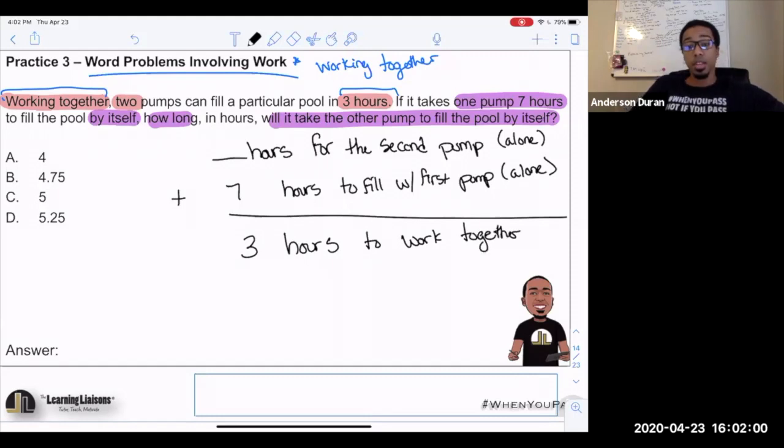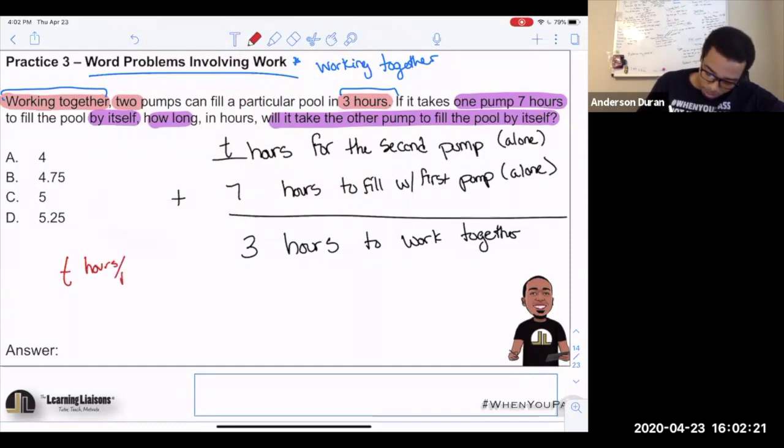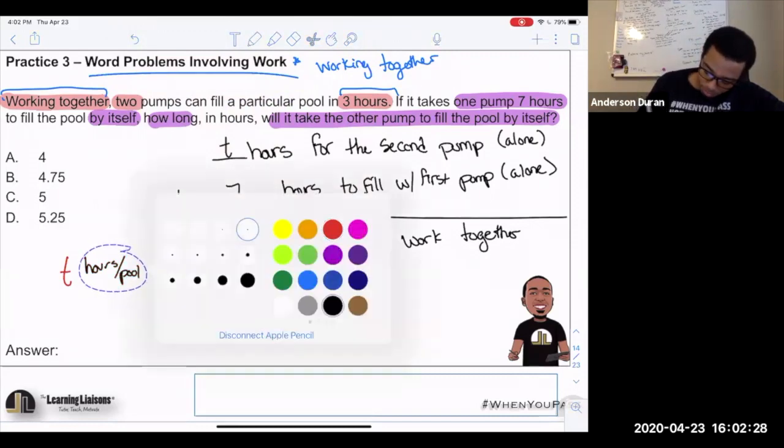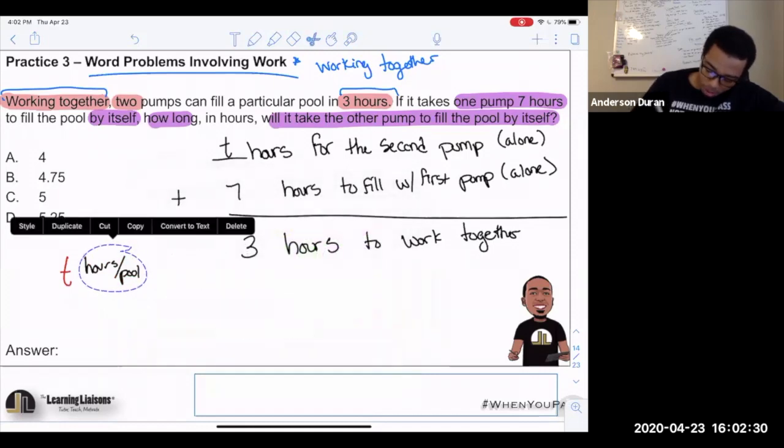All right. So think about it like this, everybody. If you think that you can add these together, I'm going to say T hours here for the second pump, if that's okay with everybody. If it takes T hours for the second pump to get that job done, T hours per filling the pool, so if it takes T hours to fill the pool,